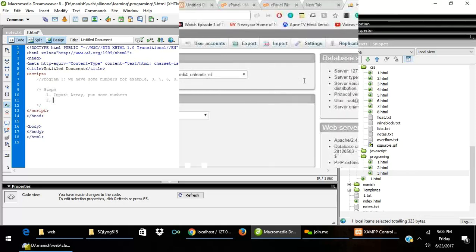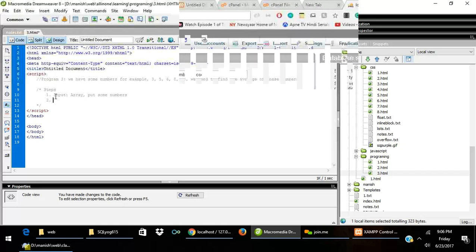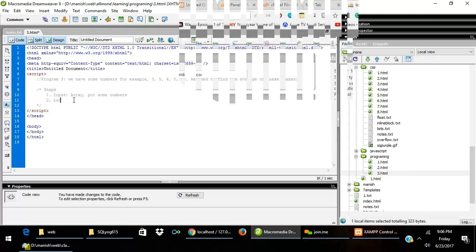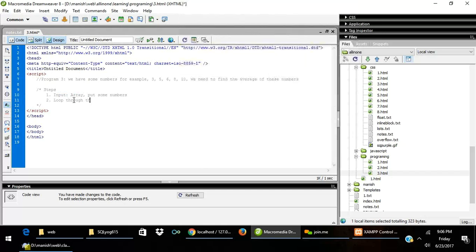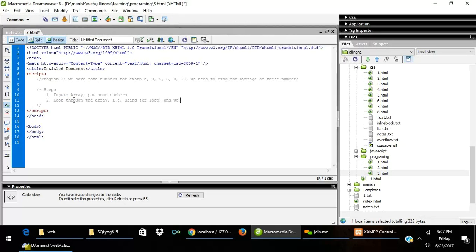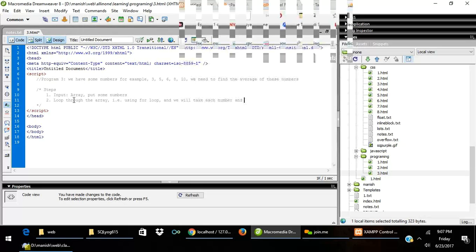Second step, we will loop through the array. We have done the for loop, so we will loop through the array using a for loop, and we will take each number